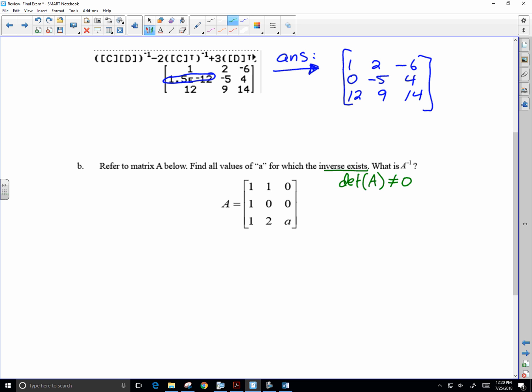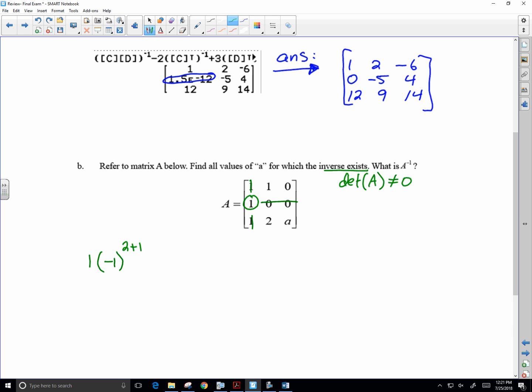All right, so you could do it. For this one, because the numbers are kind of nice, if you wanted to use the replication shortcut, where you reproduce the first two columns outside, you could. But I think it's going to be okay with cofactor expansion because you have a nice row to work with here. Yeah, it's got a bunch of zeros in it. So if you were to say I have one that has the position of row 2, column 1, and we eliminate the row and column that contains the 1,